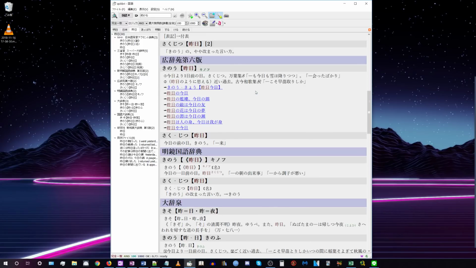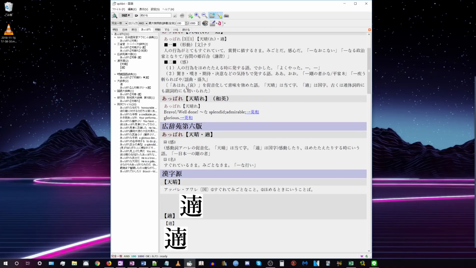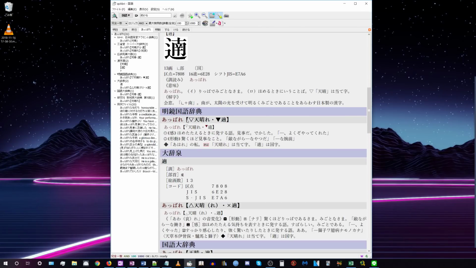And then also, for example, here's another word. So now the triangles that you were talking about. So right here, at least in the case of Meikyo, the clear triangle means that the two kanji are joyo kanji, but the readings are not standard. And the black triangle means it's not a joyo kanji. So like this kanji right here, its standard readings are probably ama or ten or something. But in this case, it's appare, and so it's a standard kanji, but a kind of arbitrary, not standard reading. And so that's what this triangle tells you.